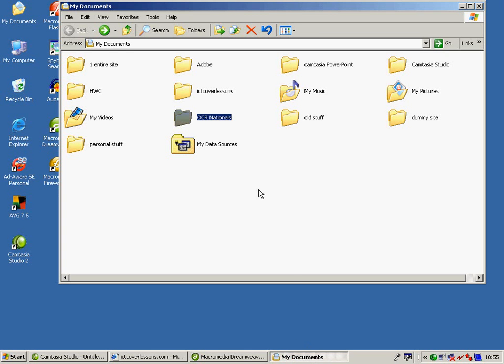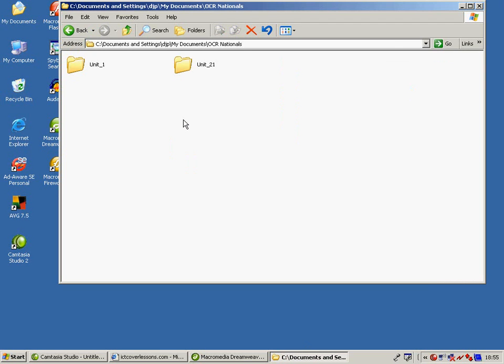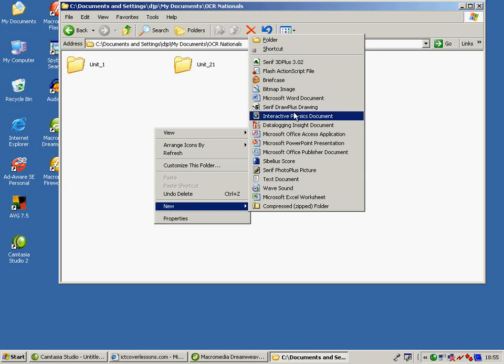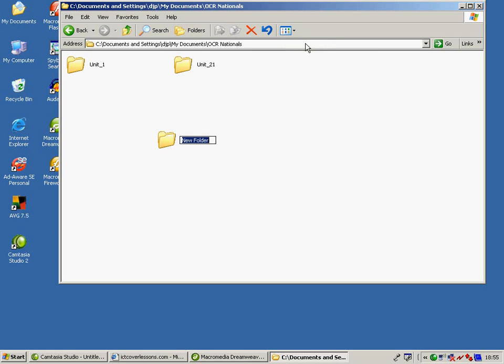I'm going to go to My Documents, and you should have a folder called OCR National, so I'm just going to double click and go in there. Obviously so far I've been in work on Unit 1 and Unit 21, but this is going to be Unit 2, which is the website stuff. So I'm just going to create a new folder here, and you can see above that what I tend to do is put a capital, which might be bad practice, but I put an underscore and then